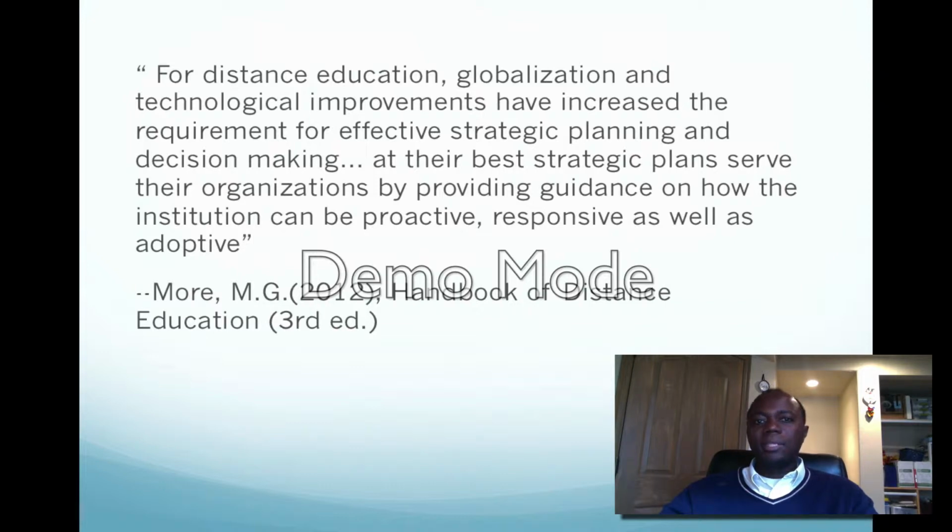The answer lies in a good strategy. They have to come up with a good strategy that, one, considers all these global aspects and dynamics, and two, leverages technological affordances like the internet and Web 2.0 to come up with an effective education program for their remote